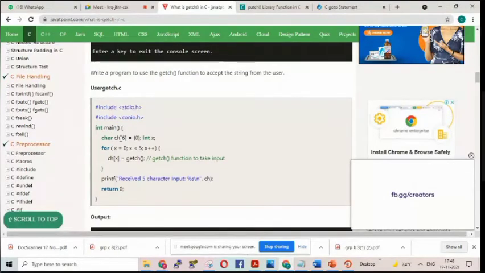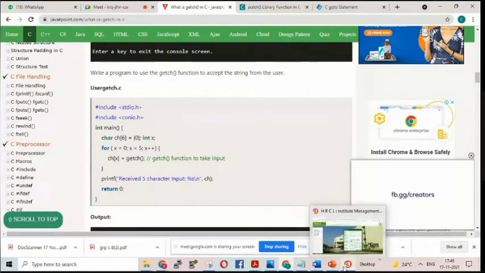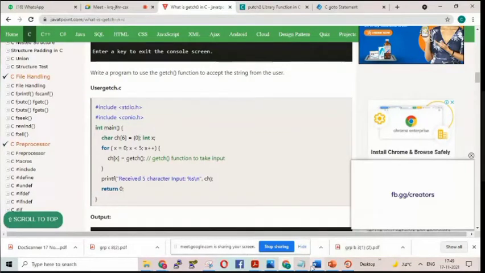So you can see here there is a character called ch[6]. I have taken a character named ch, and 6. What does it mean? It is a character array. Character array means what?